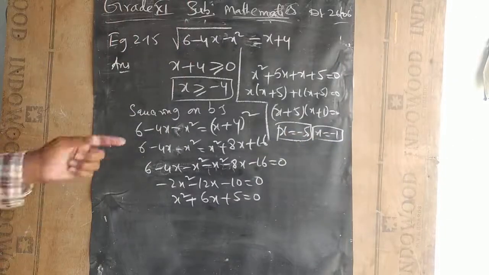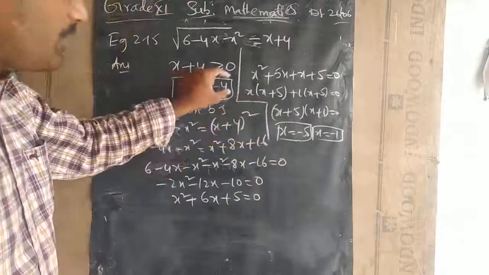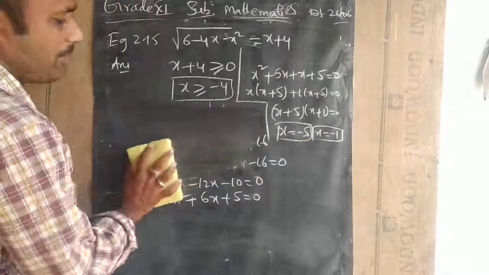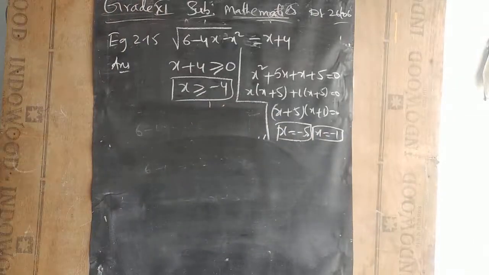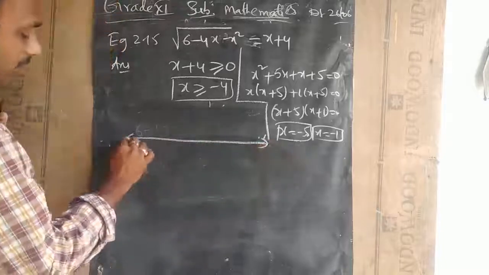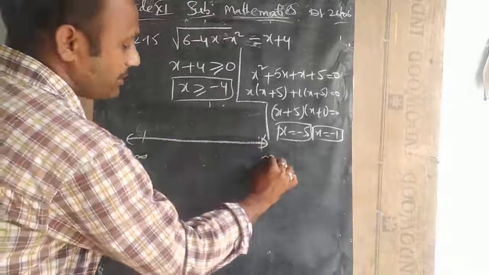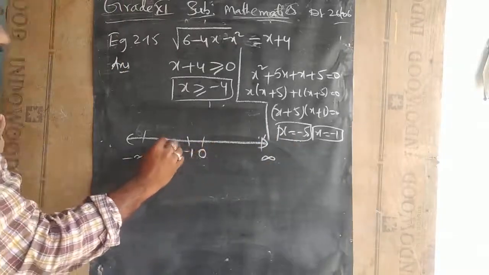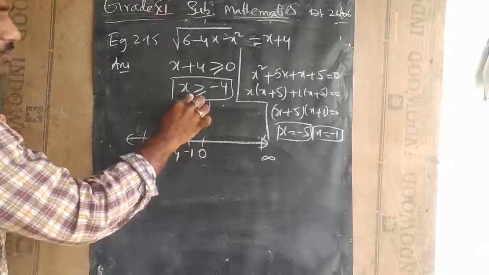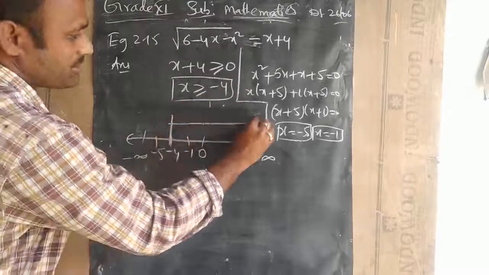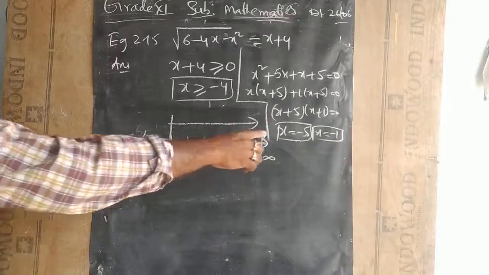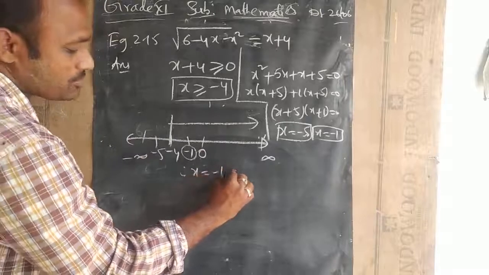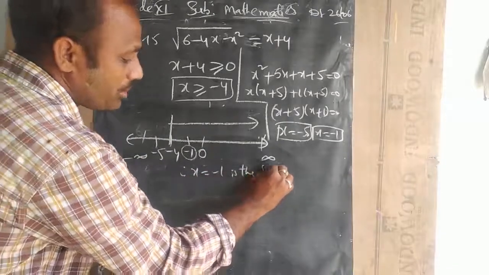To get better clarity, since x is greater than or equal to minus 4, we will take minus 1 as the solution. But to understand clearly, we will represent it on the number line. Let us draw the number line from minus infinity to plus infinity, with 0 here, and negative numbers on the left: first minus 1, minus 4, minus 5. Greater than or equal to minus 4 takes this region. Since minus 1 lies in this region, x is equal to minus 1 is the solution of the above equation.